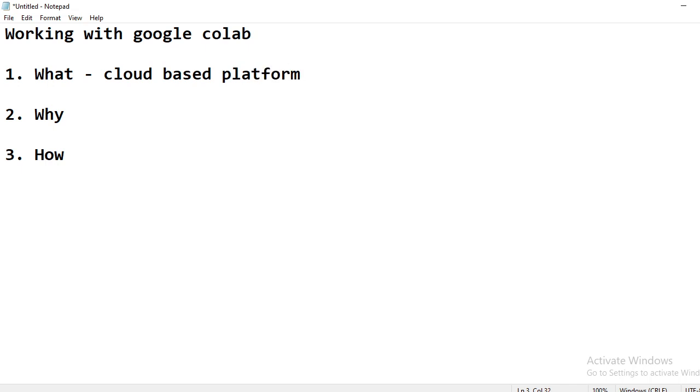What is the meaning of cloud-based platform? Cloud-based platform simply means that you can run it from anywhere. You can use it from anywhere on this planet. You just need internet connectivity, right? And the most interesting point is you can use either a PC or even a mobile phone to use this tool. It is not mandatory that you run it on a PC only. You can use a mobile phone also, but if you use a PC it will be more comfortable to write the code.